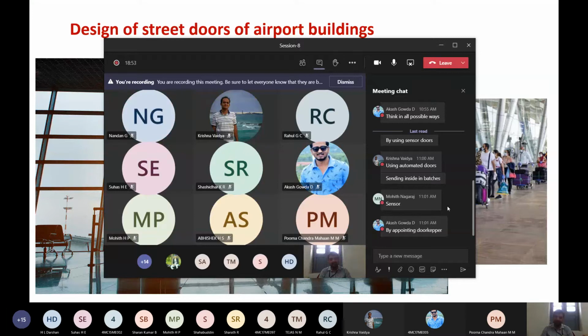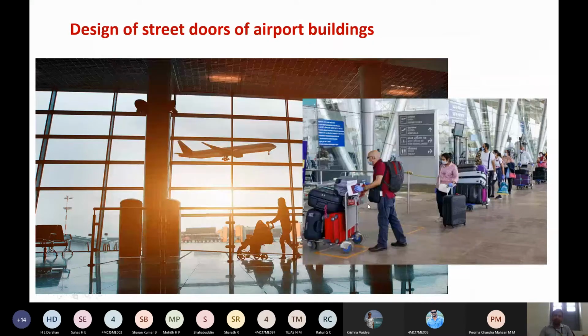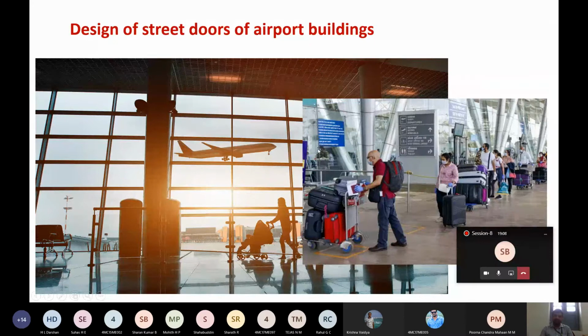Okay. Then other than that, an automatic door puller. So here, what usually happens is similar to the Eskimo 9 dot problem. When we come across a problem statement, immediately we go for finding a solution, and at times we restrict our thinking to only one particular solution. Like in this case, most of you have thought about using an automated door system, an automated door which works based on sensors.